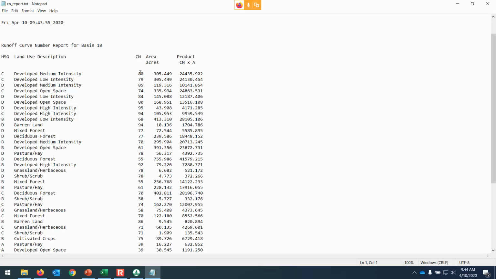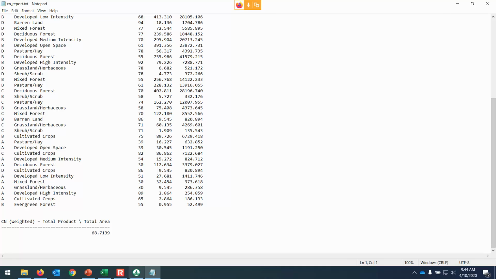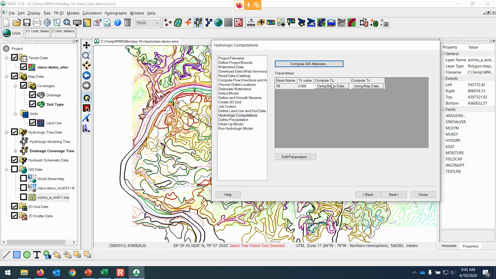curve number for a certain overlapping land use and soil type by the respective area for that land use and soil type, and calculating the weighted average down at the bottom. So our weighted curve number is 68.7, and if you like, you can save this curve number report for later somewhere. And we computed the GIS attributes, and now we're going to use the curve number that it calculated,